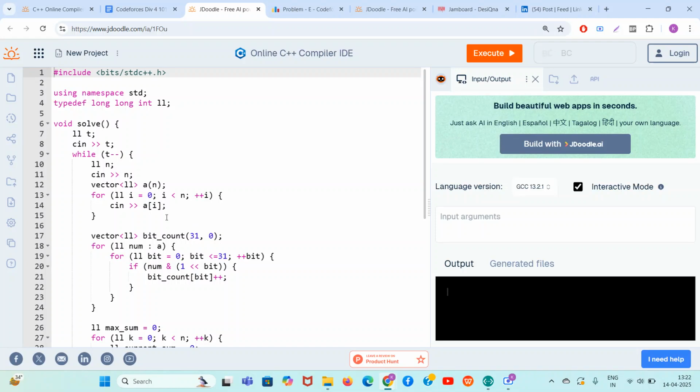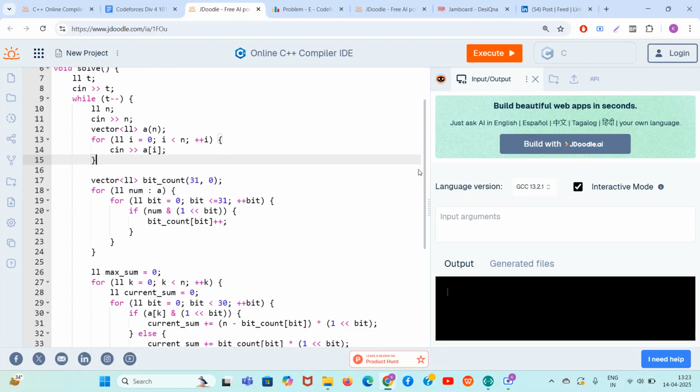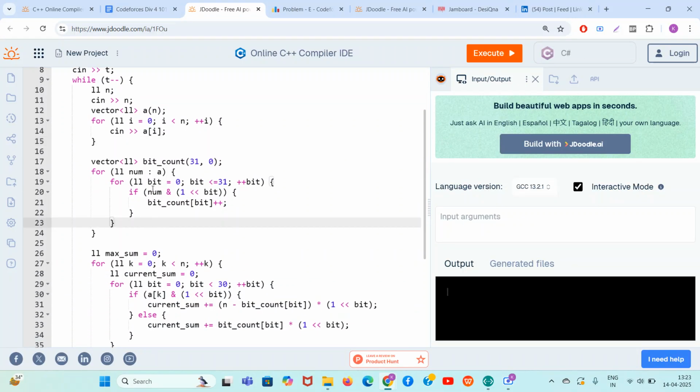So guys, see, I took the input of each number. Hopefully you are enjoying it like me. Now, listen to me. I am traveling again the whole array, and guys, BIT. I am traveling all the 31 bits of each number, and if that bit is 1, BIT of I plus plus. So BIT of I tells me, basically you should know that BIT count of